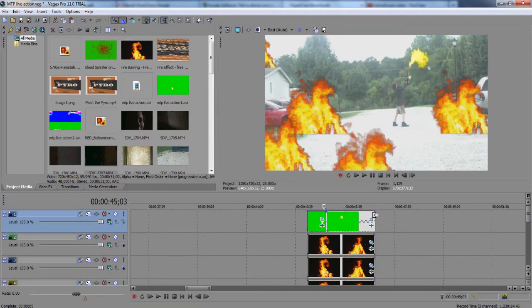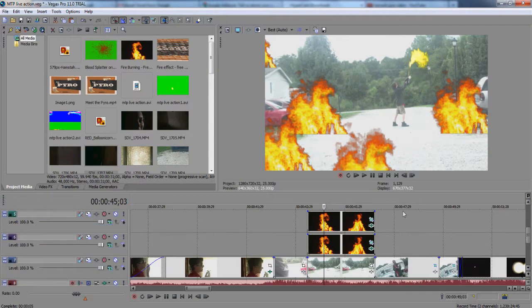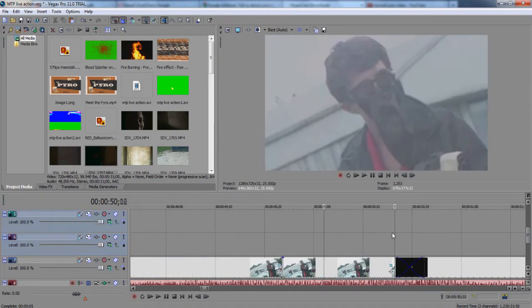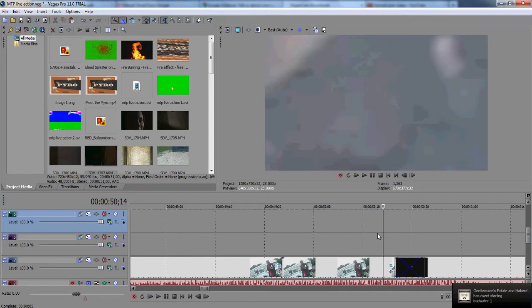So this next part is going to show you how we did the Pyroland effect and how we did the transition effect, which turned out really crappy because apparently it didn't turn black, it turned a little bit more of a gray effect. So we basically just did a transition of